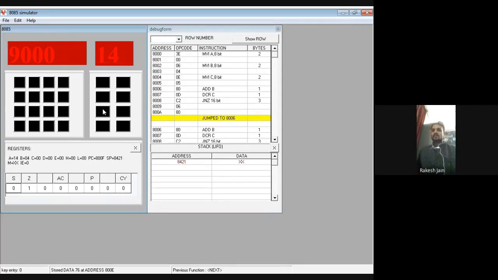When I click on next, see the result is 14. So our program is correct, and 14 means 20. So 4 multiplied by 5, with the help of repetitive addition, we find the result as 20. So this is the result of this programming.